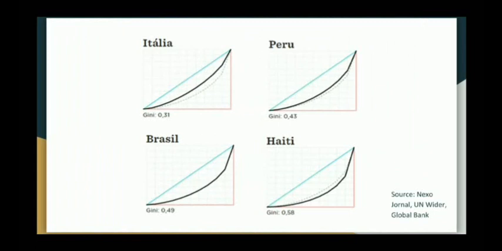The same logic applies for Peru, a neighbor country of Brazil, still an unequal country. The Brazilian Lorenz curve is much more distant from the straight blue line, showing a high gap in income concentration. Brazil is actually not that far from Haiti, a country ravaged by war, hunger, and natural disasters. Globally, it constantly ranks amongst the top 15 highest Gini indexes, which is absolutely incomprehensible for a country amongst the top 10 highest GDP.